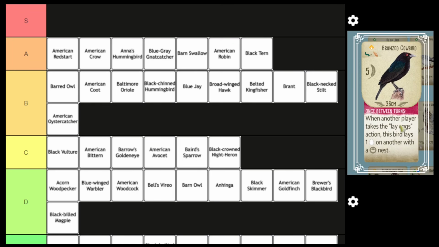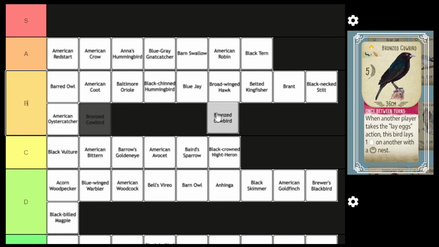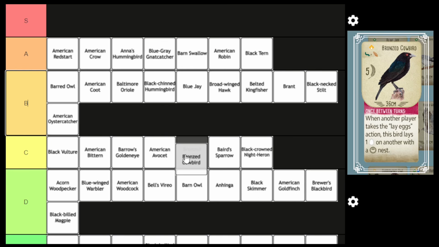All right, next we have the Bronze Cowbird. So this is the pink power where you get a free egg as a bonus when your opponents lay eggs. I think this differentiates from the Goldeneye and the Avocet in the fact that it only costs 2 food. So what do you think? I think maybe above those 2 birds, but at the same time it's a grassland bird, so it's not as useful. Yeah, I think you've nailed the main points there. Really, it's stronger because it's less food, but it's weaker because it goes in your grassland. And I think the strength of the Avocet and the Goldeneye is that that can be your first wetland bird,